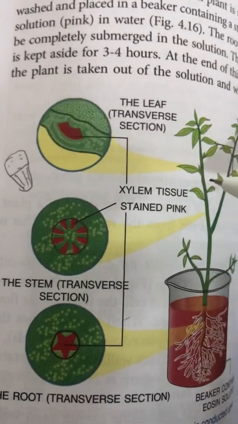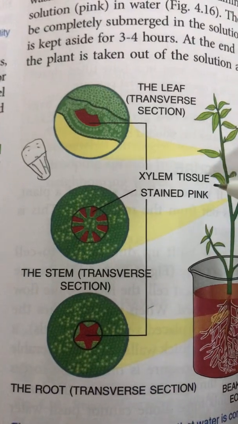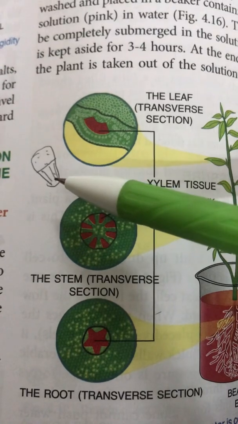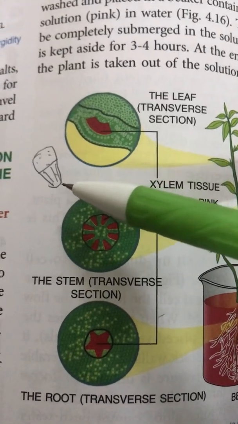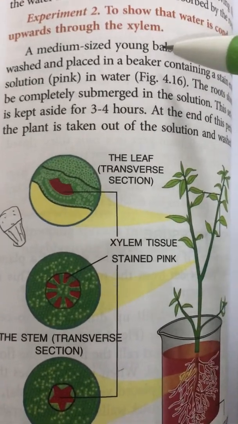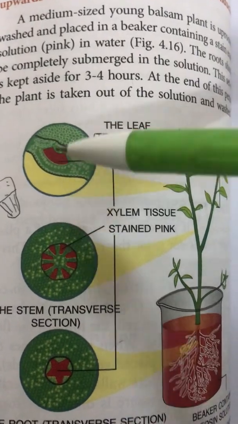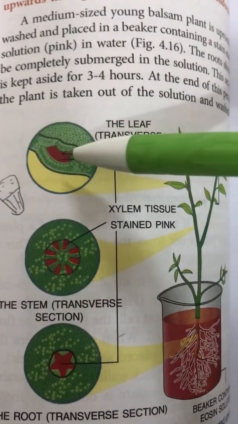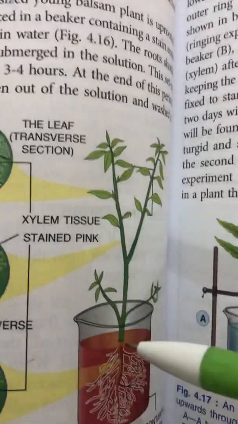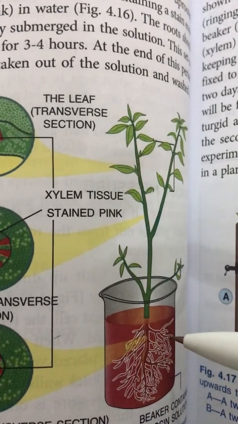And upward conduction of water and minerals, what we call as ascent of sap, occurs through the xylem. So we notice that wherever xylem is there, its vessels get stained red or deep pink in color. Hence this proves that upward conduction of water occurs through the xylem. So you are asked what is your observation? We will observe xylem stains red. Reason, because xylem is responsible for ascent of sap. Here also, if oil is added, purpose would be same, to prevent surface evaporation.